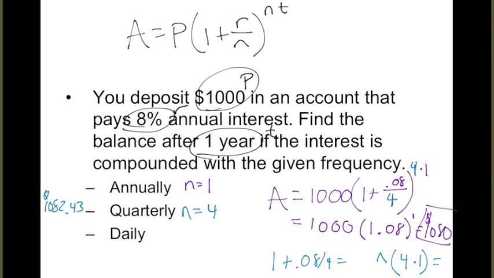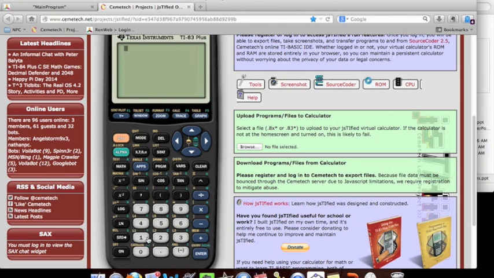If we go daily, our N is going to be 365. And again, I would suggest plugging it in 3 pieces, and I'll go ahead and just show you what that looks like on the calculator. Okay, so I would do what's inside the parentheses first. So 1 plus 0.08 divided by 365 and hit enter. And then I'm going to go to the power of, and it'll automatically reuse your answer,